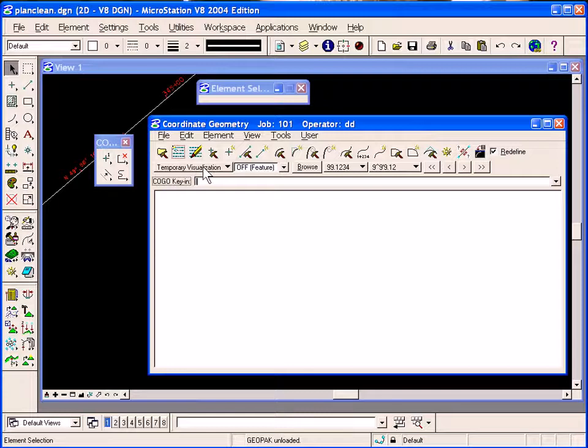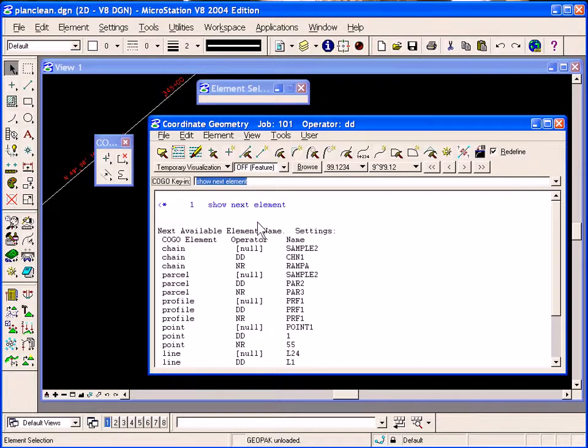You must first select a temporary visualization or a permanent visualization for these tools to work. And another thing you need to be aware of is that this will be storing elements in COGO using the default naming convention as you last left it. So you need to check what the next available element will be in COGO. You can do that by typing in show next element,